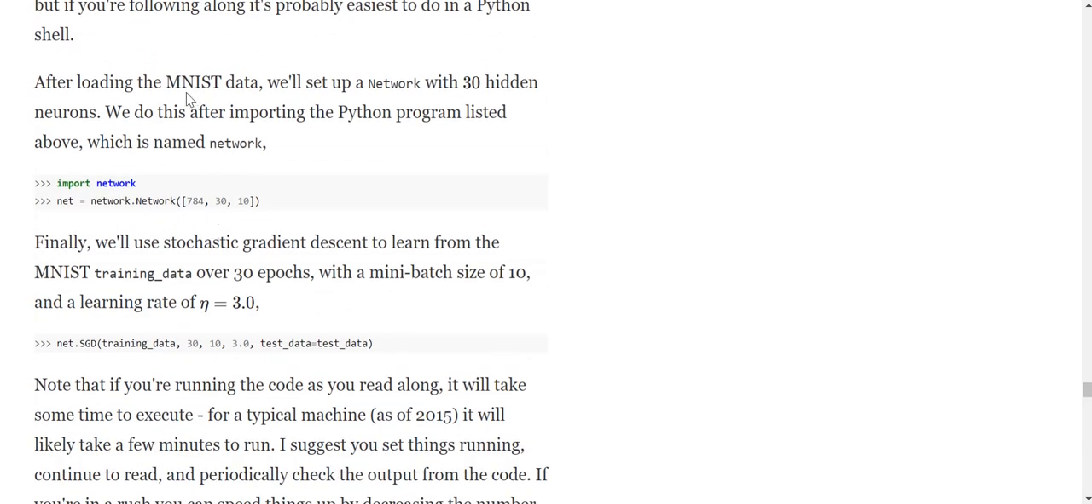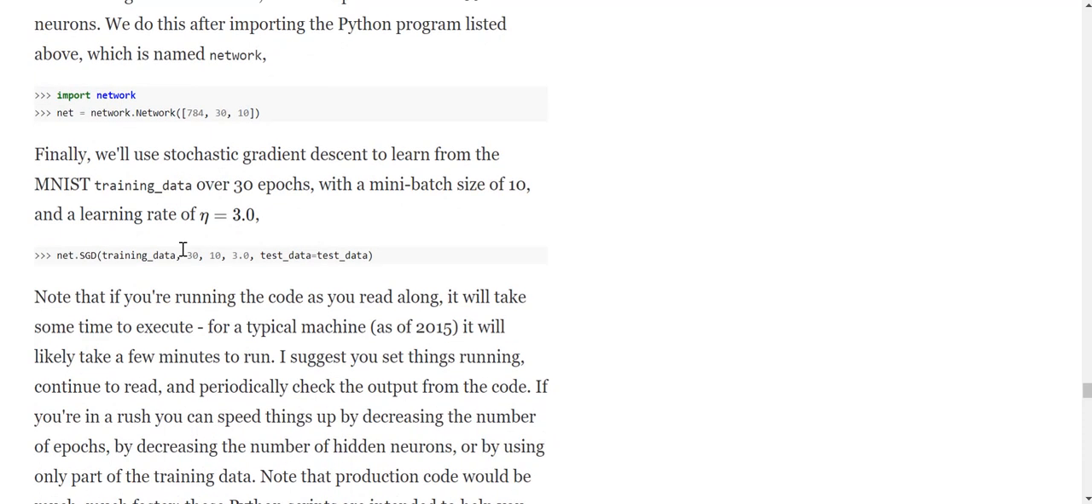After loading the MNIST data, we will set up a network with 30 hidden neurons. We do this after importing the Python program listed above, which is named network. So 784 are the input neurons, 30 are the hidden layer neurons, and 10 are the output neurons, which correspond to the 10 different classes. Finally, we will use stochastic gradient descent to learn from the MNIST training data over 30 epochs with a mini batch size of 10 and a learning rate of